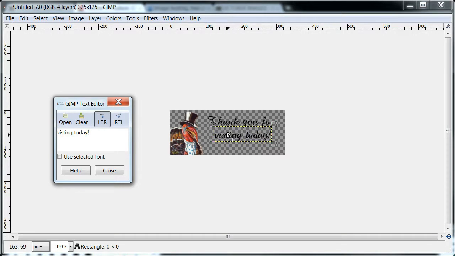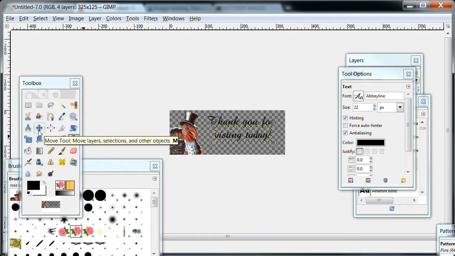You can see how it's got the little arrows going in both directions. Close that. This is what the move tool looks like. And so when you hover over and you want to move your text, that's what it'll look like. Otherwise, you get these little arrows, and all you can do is change the length of your text box. So if your text is too big and you need it to show up better, you can make it taller